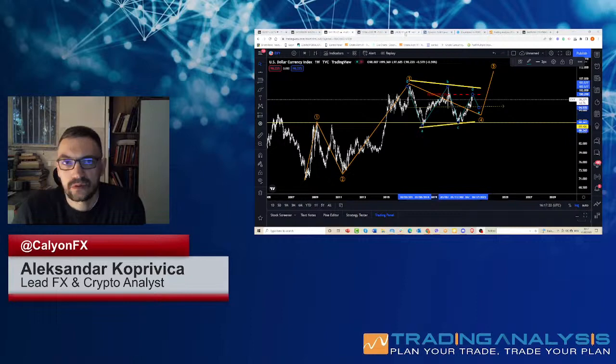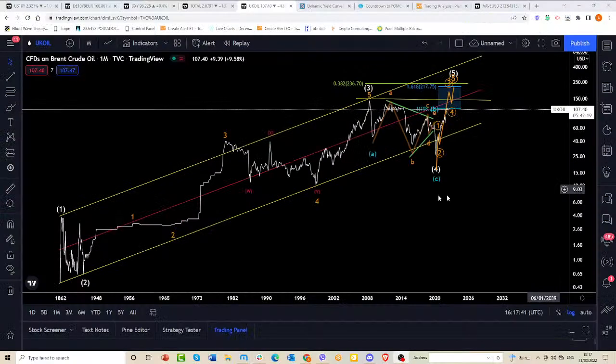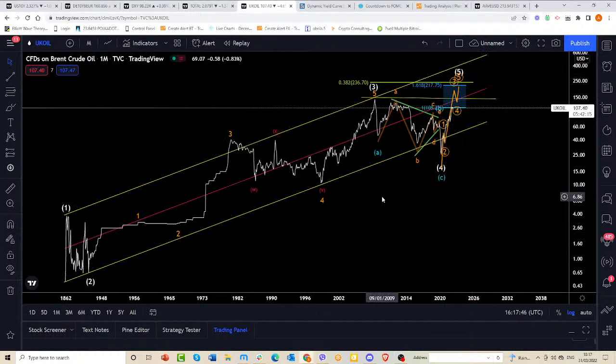I'm going to show you also a chart of oil. This chart also goes back to 1862, so it's a very big chart on oil. Oil is a very important factor in all of the macro things because energy is behind the economy, as you know. So if we put this into perspective of the Elliott wave